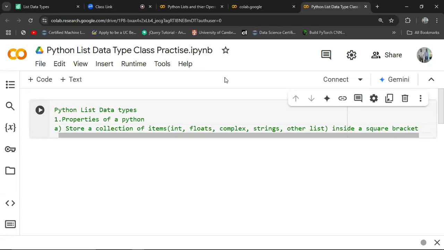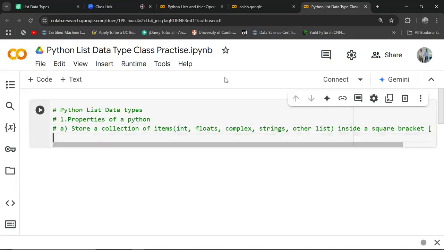So that is the first property that we have noted together. If you want to identify a list within your code, then the items will be stored in such a way that we have a collection inside a square bracket like that one. Okay, that is the first main property of a list. Items are stored in a collection inside a square bracket. I hope that one is okay. Number two, before you even write the codes, let's first understand them in more detail. The second thing I've noted is that